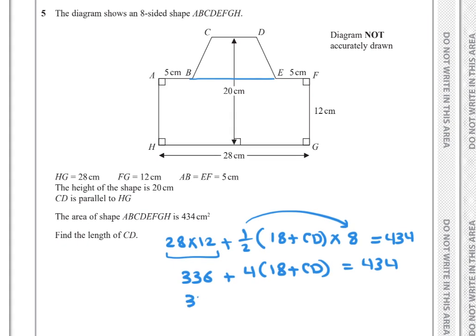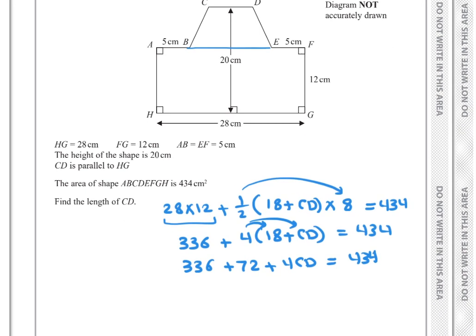Now 336 plus 4 times 18, 72, 4 times CD, 4 CD equals 434. 336 plus 72 equals 408. So 408 plus 4 CD equals